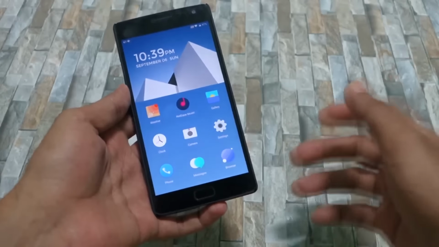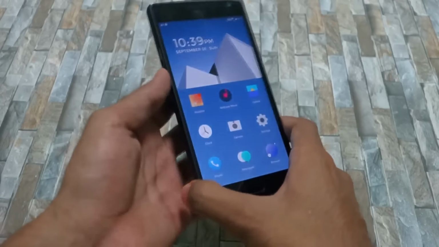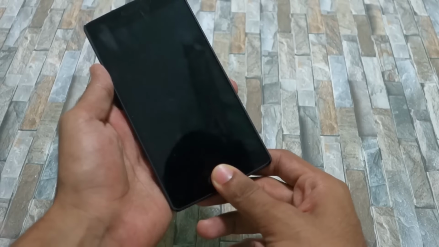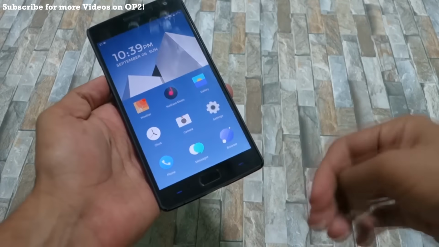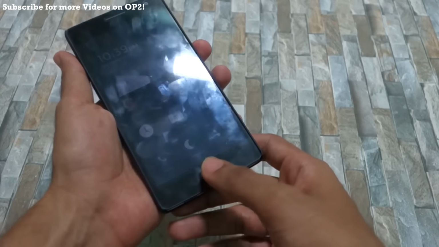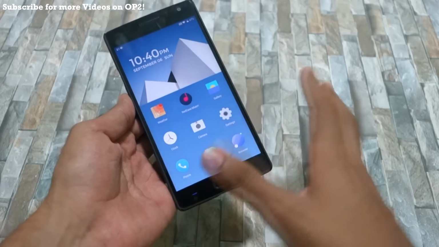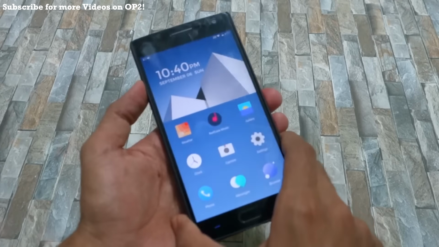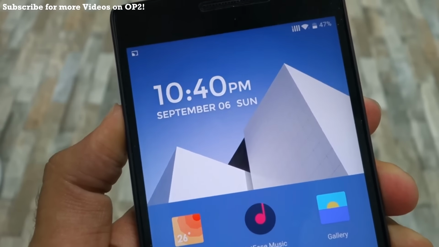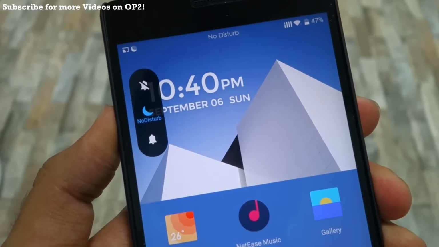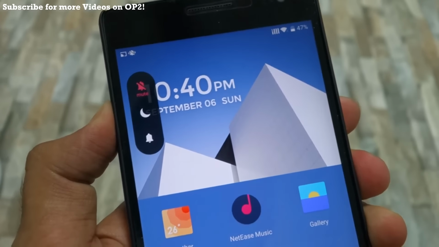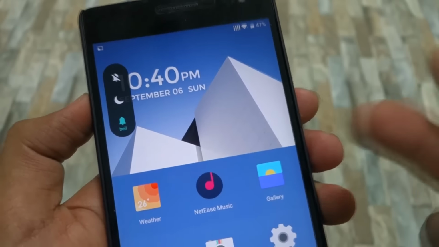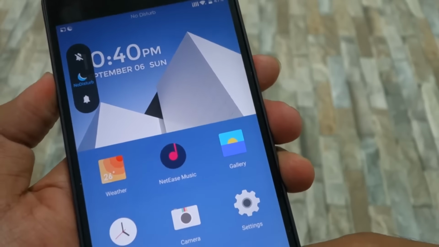Let's start with some of the features for which OnePlus 2 is known. The first thing is the fingerprint sensor, and in Hydrogen OS the fingerprint sensor works very fine. As you can see, I just unlock the phone using my fingerprint and the phone gets unlocked. Then we have the notification slider, and if you change it, you get this nice little animation which is not present in Oxygen OS. It looks far better on Hydrogen OS, and I wish Oxygen OS had something similar to this.